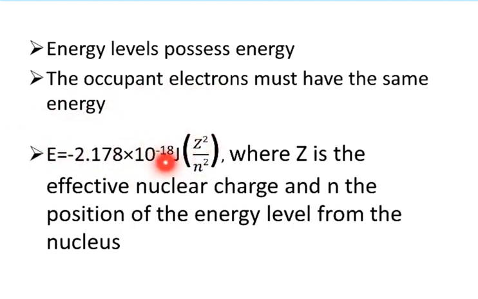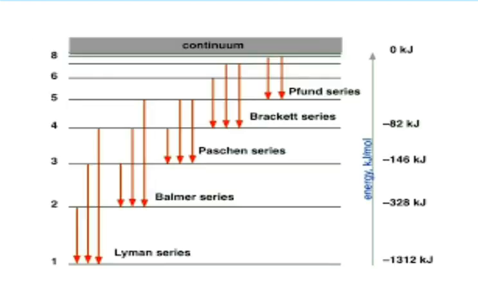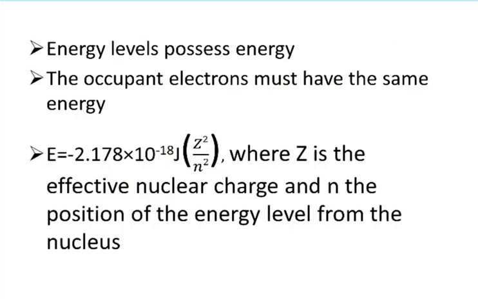Taking this constant known as the Rydberg constant, negative 2.178 times 10 to the negative 18th joule, it's actually the same as this one, except we multiplied by 1000 and divided by 6.022 times 10 to the 23rd. It's actually a conversion that I'll do for you in later videos. But right now, I just want you to understand the Bohr model, because it's important in understanding certain things about the atom. So the energy of an electron in a certain shell is given by this, according to Bohr's calculations,